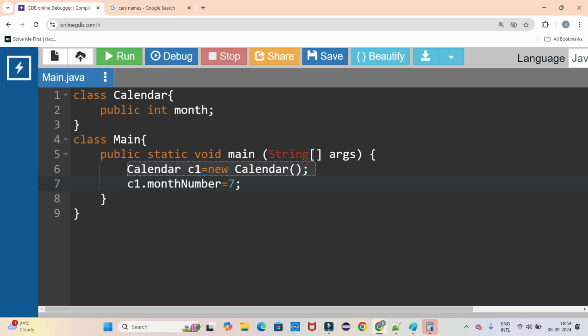See, what is the issue? You're seeing calendar, right? And this month number. So these are